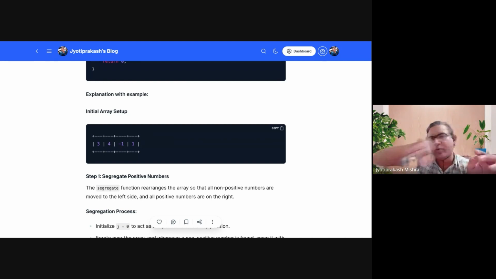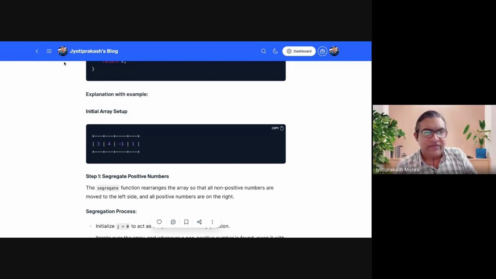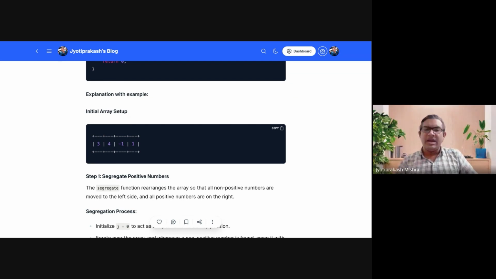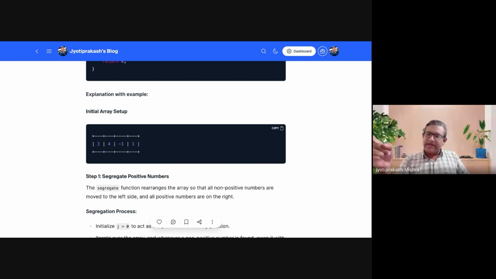सर, अगर हम पूरे array को सॉर्ट कर दें तो n log n में हो जाएगा। ठीक है, जो पलाश ने बोला, ये युवराज है ना, वॉइस से पता लग रहा है मुझे। हाँ, तो पलाश जो बोल रहा है उसके लिए शायद n स्क्वायर लग सकता है। नहीं सर, हम बस एक ही एलिमेंट स्वैप कर रहे हैं, -1 को ही स्वैप कर रहे हैं, तो -1 को फर्स्ट पोजीशन में, 0th पोजीशन में डालेंगे, और 3 वाले को -1 की जगह डाल देंगे। लेकिन फिर दूसरा जो नेगेटिव नंबर रहेगा उसको भी जब रखोगे फिर से तुमको सबको स्वैप करना पड़ेगा। एक ही नेगेटिव नंबर थोड़ी ना है।